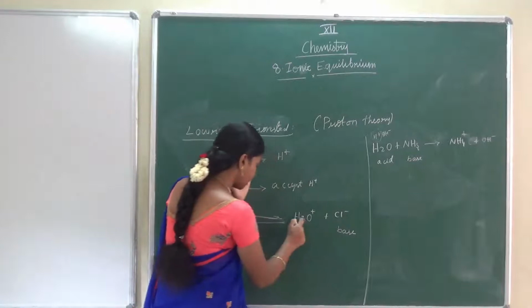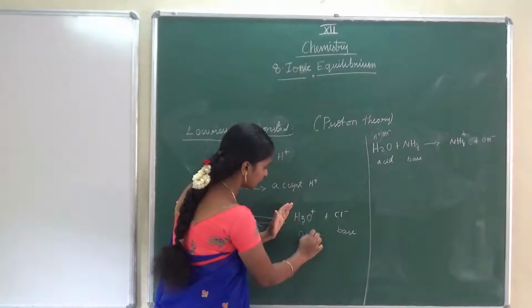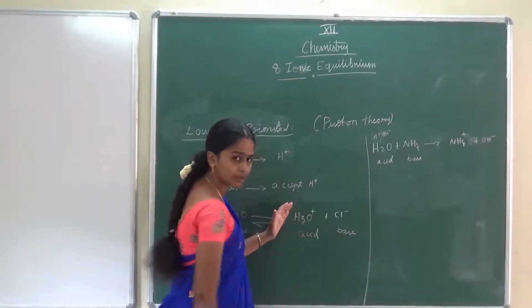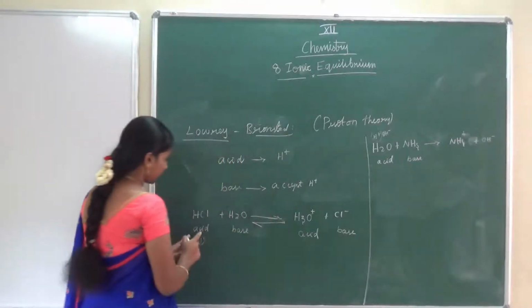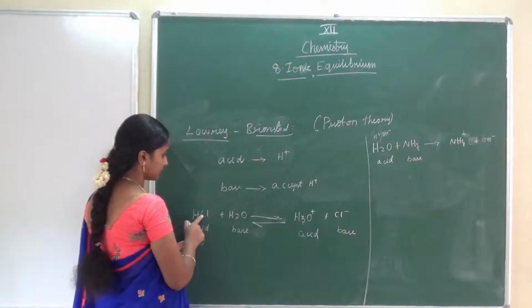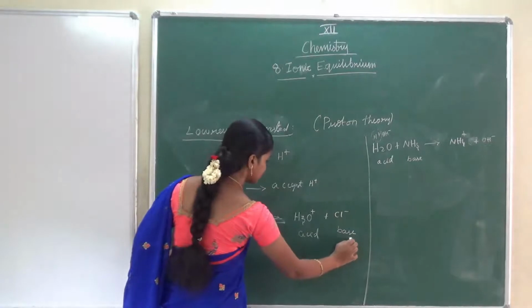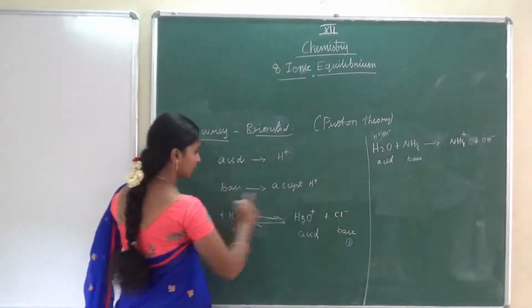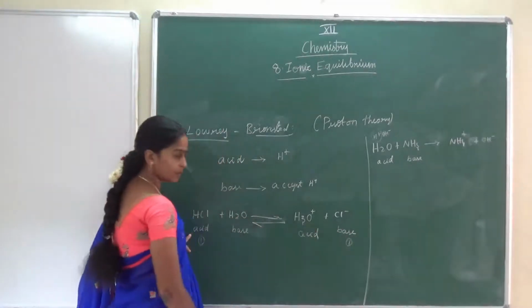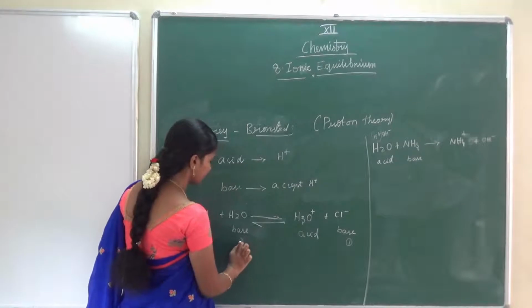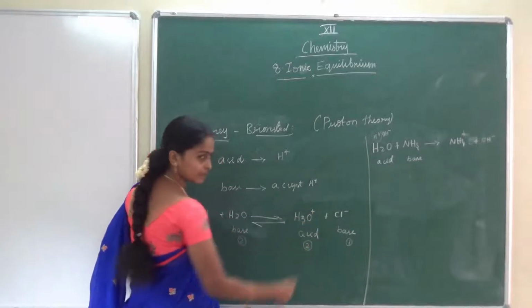And now this H3O plus is donating proton. So what will it be called? It will be called an acid because it is going to donate proton. Is it clear, children? Okay, so see here. From acid 1, HCl, only the Cl minus is released. Let me say this is base 1 because from acid 1 it is coming. It will accept the proton from this H3O plus. Let me say this is base 2, this is acid 2. Here it is acting as an acid because it is going to release proton.